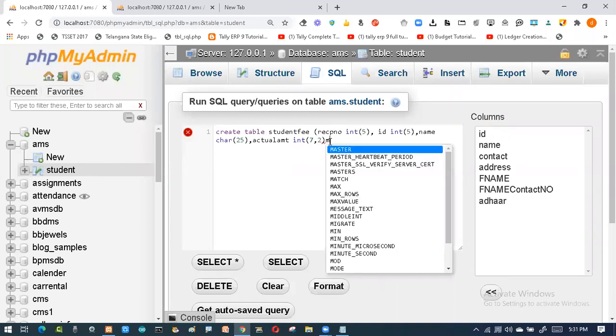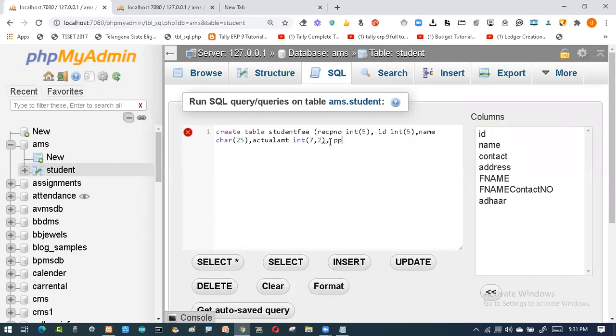Then actual amount is this one. Then how much you paid? So I'll be saying paid amount. So this again I have to go for integer. Again he may pay in the form of rupees and something like this. So again it is 7 comma 2 I'll be taking. So this is paid amount. Then I want to go for the due amount. So how much is left out?